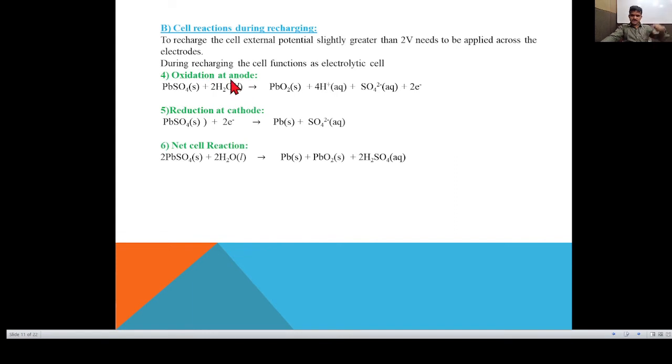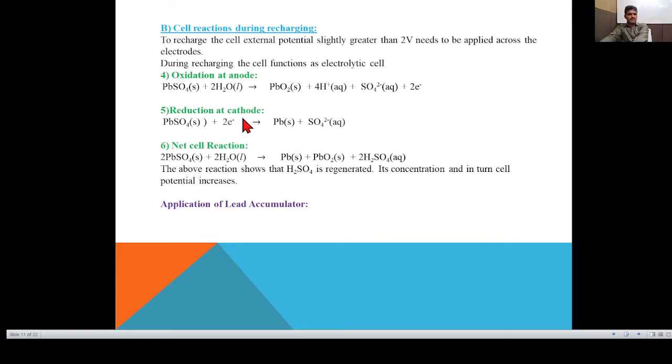in discharging the cell takes place at the cathode, but in the reverse manner. In the case of the cathode, the reduction reaction during recharging the cell takes place as at discharging the cell at the anode, but in the reverse manner. Understand this point? This is a very, very important and simple one.